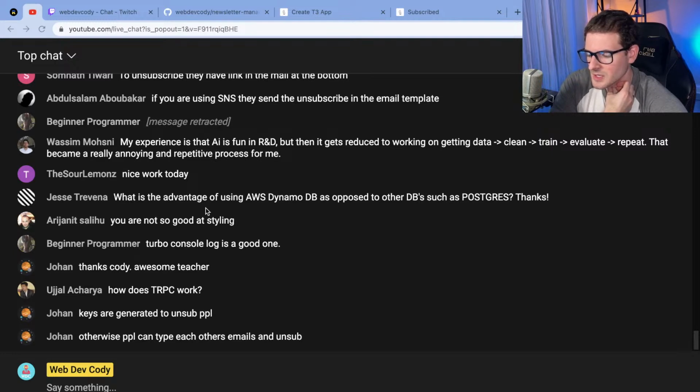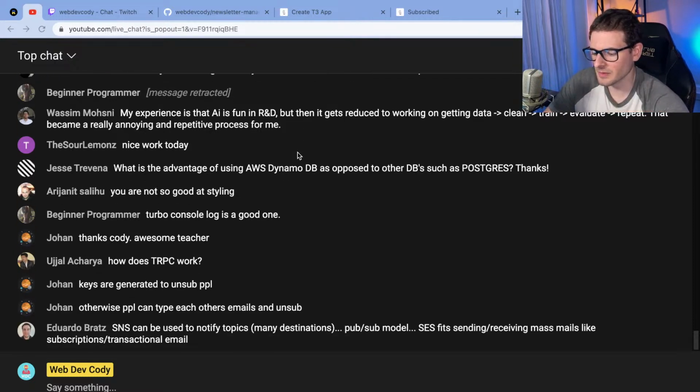What is the advantage of using AWS DynamoDB as opposed to other databases such as Postgres? So Amazon DynamoDB is a key value store. If you have data that is just key value and not relational and not some type of document, it's really good to use Dynamo to store huge amounts of data, such as invoices, right? Let's say you order some food off of Grubhub, they give you an invoice number. Storing something that has a single primary key or secondary key or some type of composite key, you can throw into Dynamo and it just infinitely scales up. You don't have to worry about the scaling at all.